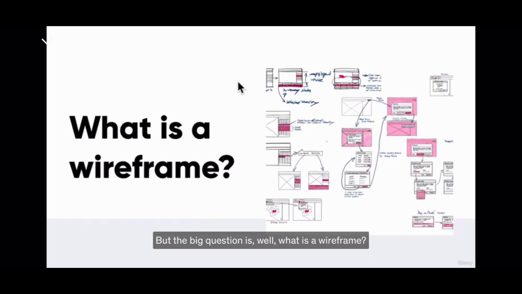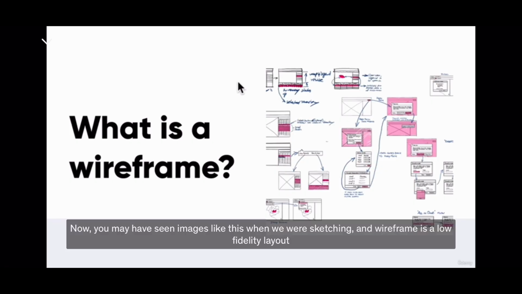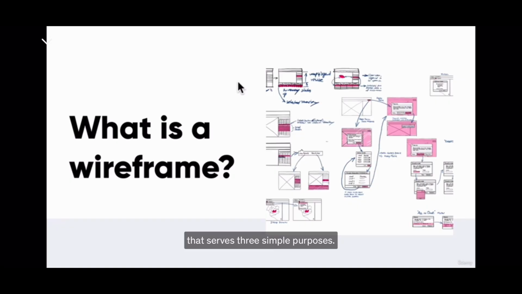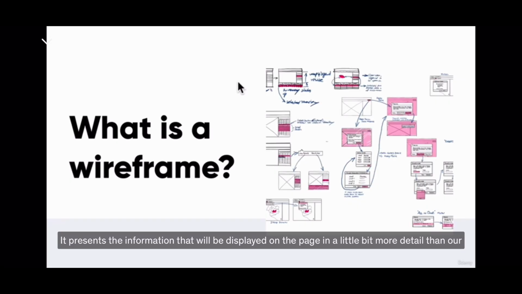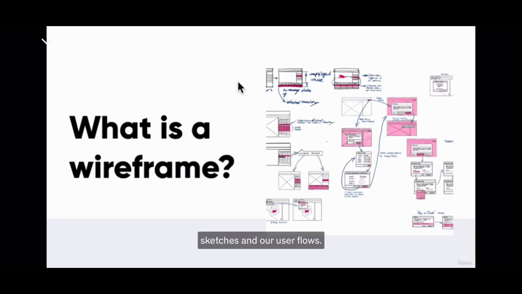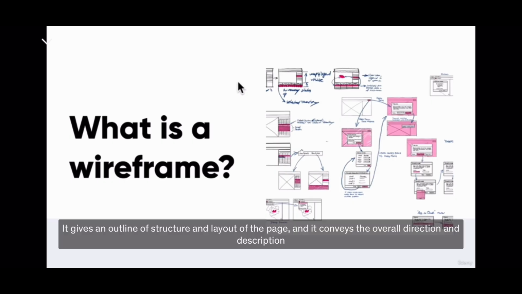But the big question is, well, what is a wireframe? Now, you may have seen images like this when we were sketching. A wireframe is a low fidelity layout that serves three simple purposes. It presents the information that will be displayed on the page in a little bit more detail than the sketches and our user flows. It gives an outline of structure and layout of the page,